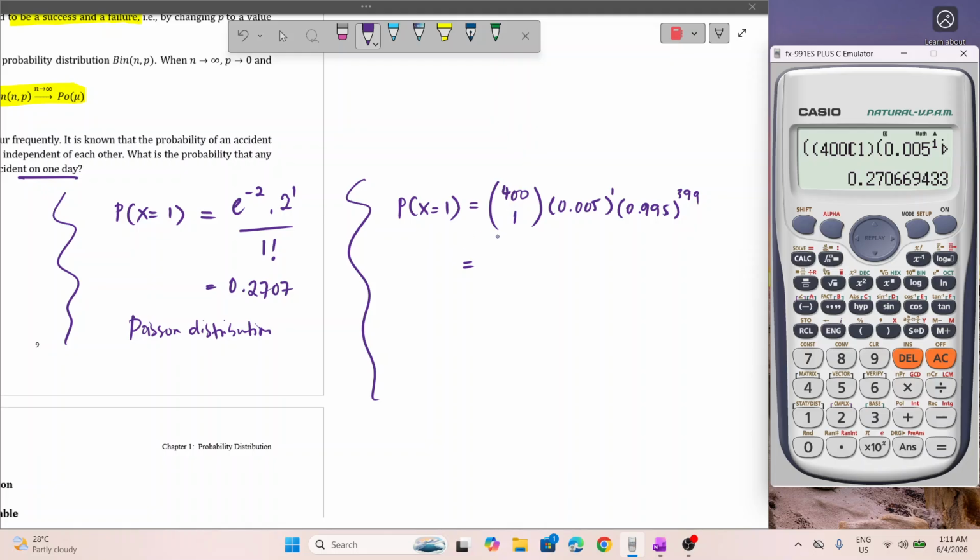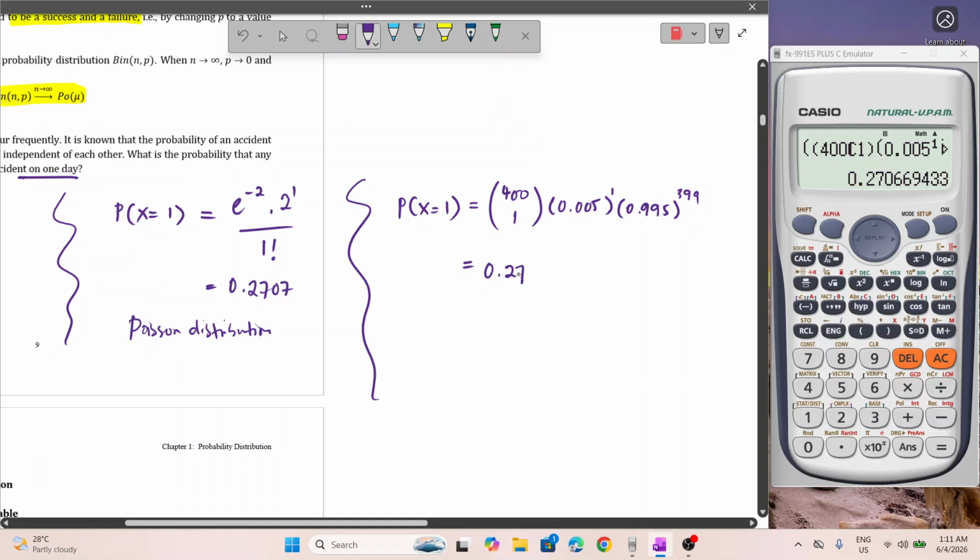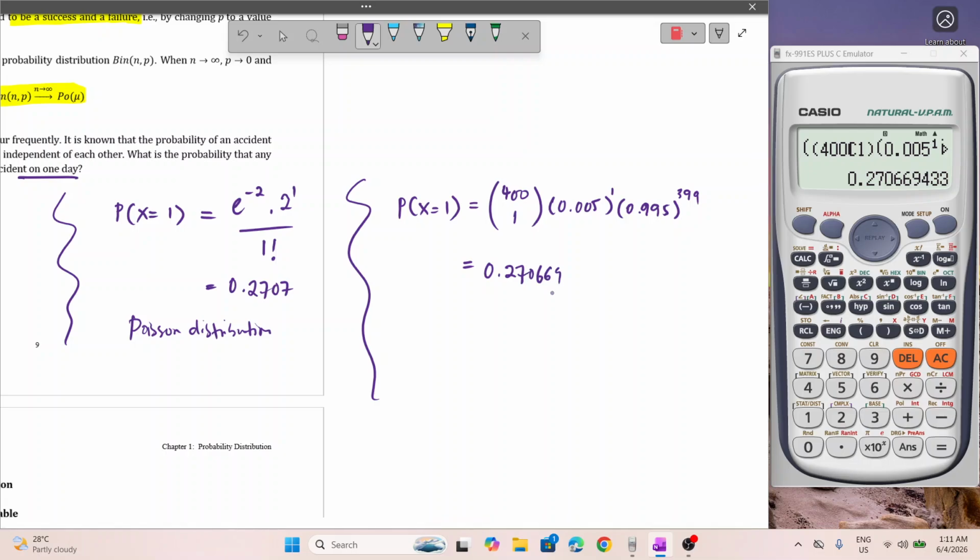See, we get almost the same answer, 0.270669. So it is proven that Poisson can be used to approximate the probability for a binomial distribution